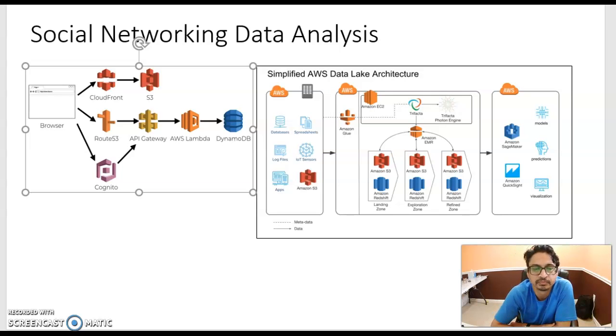Again, this is our third use case that we'll talk about: the social networking data analysis. This architecture uses pretty much the entire spectrum of AWS services. You can see from the left-hand side, once a user logs in through the browser or through any iOS or Android device, a user is going to get